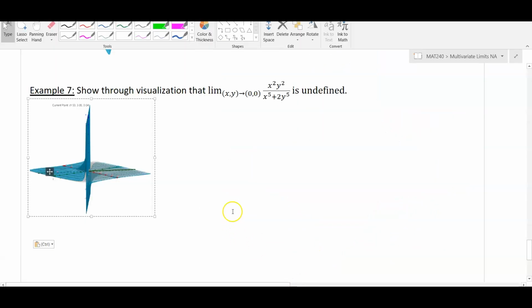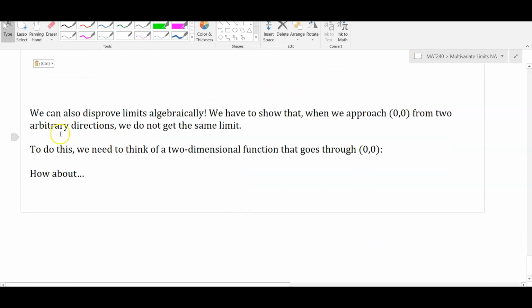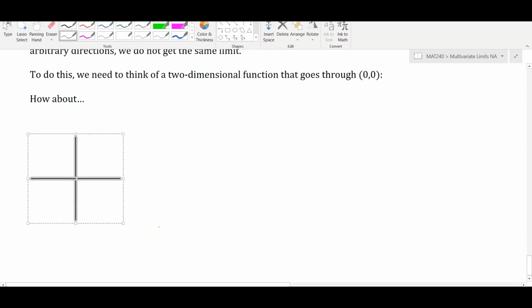So let's see if we can disprove this limit algebraically. We're convinced that it's undefined. We can also disprove limits algebraically. Now, these approach paths that we've been taking, we can mathematize them and actually use them in limit definitions. So I'm going to draw a two-dimensional graph here. And this two-dimensional graph just demonstrates the approach path that we're going to take. Okay, so if we choose to approach along the line y equals x,